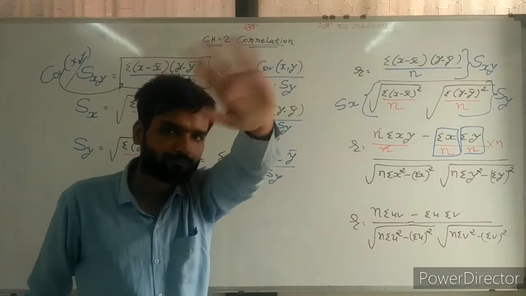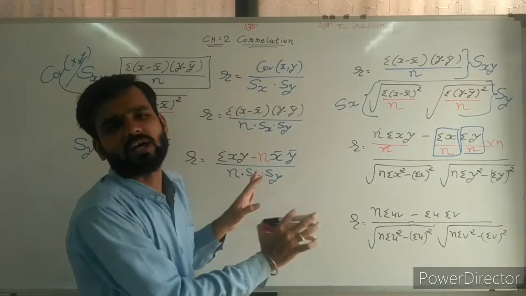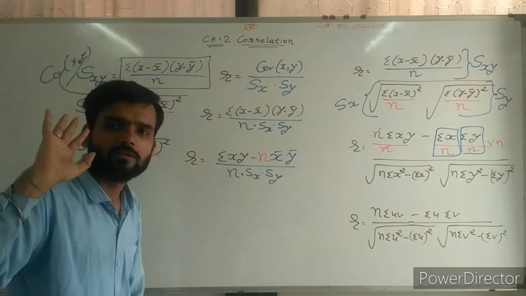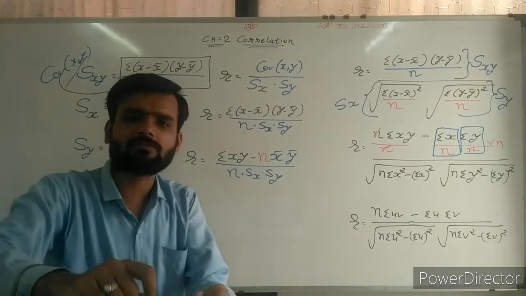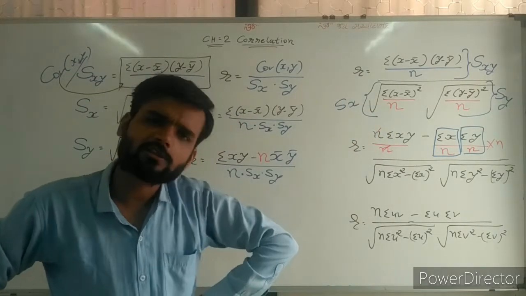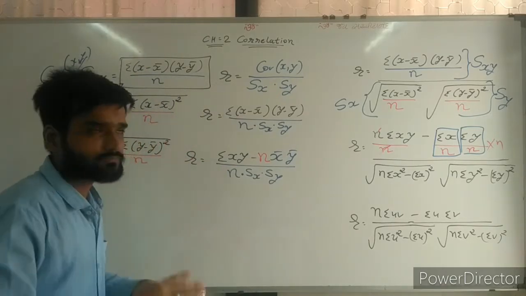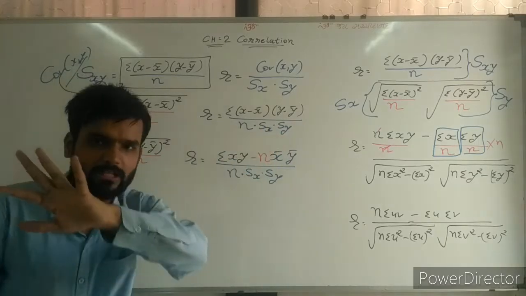And all of you know, for weak students, sir, tell us only the formula. So remember this formula directly. Don't apply any logic. Remember directly, apply it in your sums, and do your sums yourself. Simple. But I try to make this easy. Sir, the denominator remains the same: n, Sx, Sy.